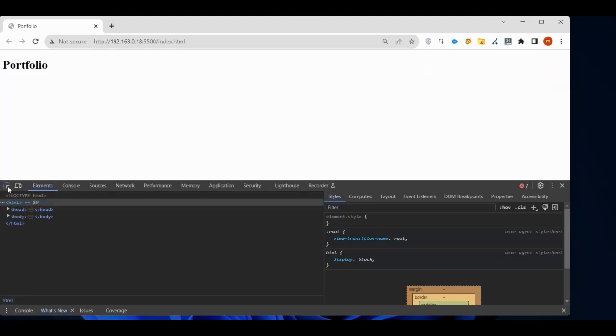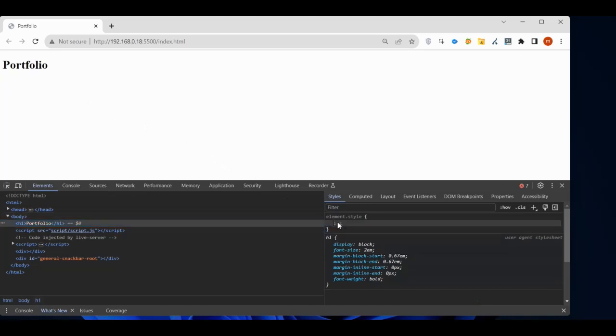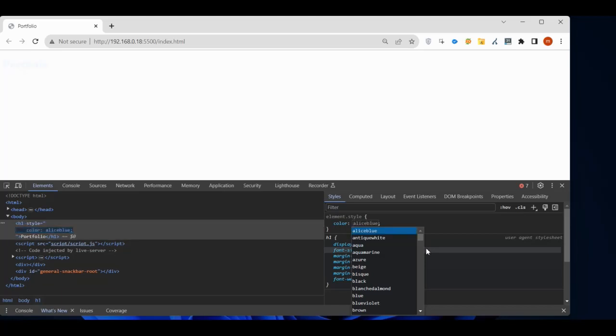For example, I'm inspecting this particular tag, and I want to change its color. In element.style, let me type color. This is the CSS part. Here you can see color. I'm changing the color. I like the color blue, or whichever color is pleasing for the look and feel. We can give the colors. So I'm going to give the color which is,